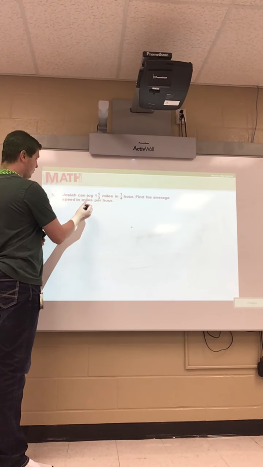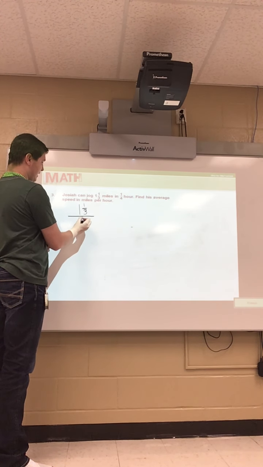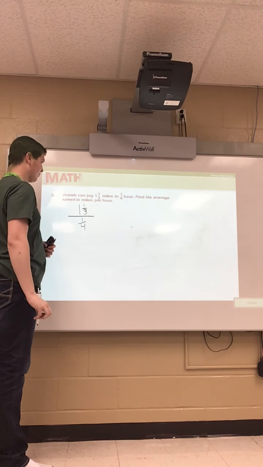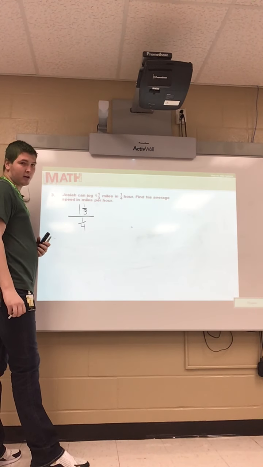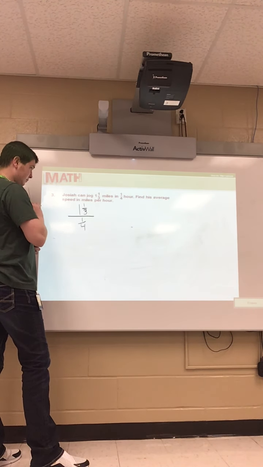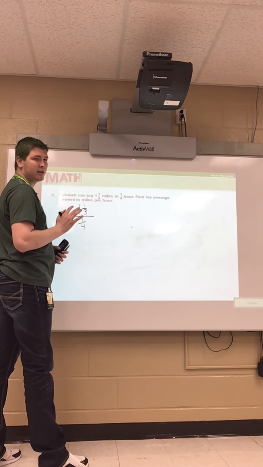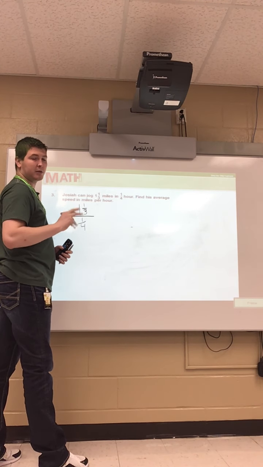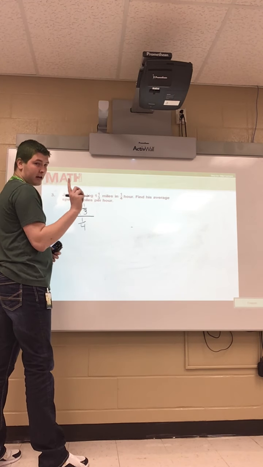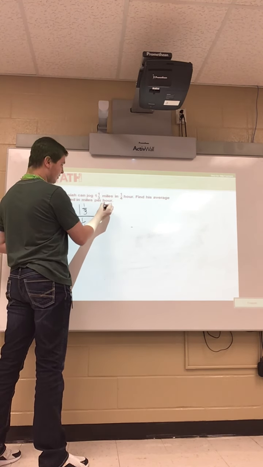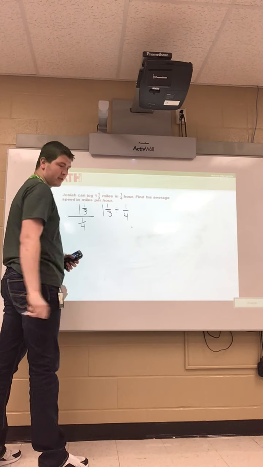Okay, so we have 1 1/3 divided by 1/4. What we're going to be doing here, we can't have that mixed number, so we're going to have to write it as an improper fraction. Okay, how we do that after we rewrite it: 1 1/3 divided by 1/4. So how we do that,